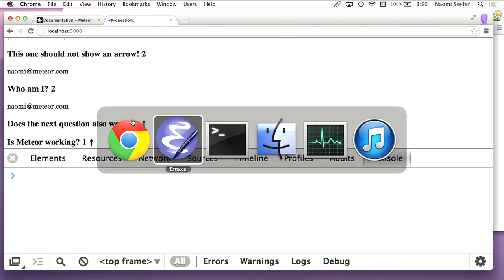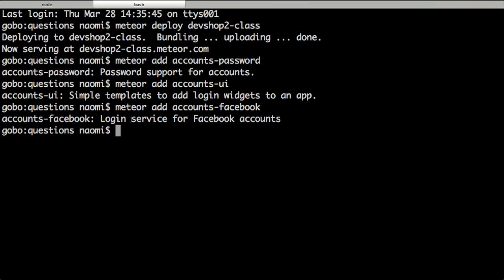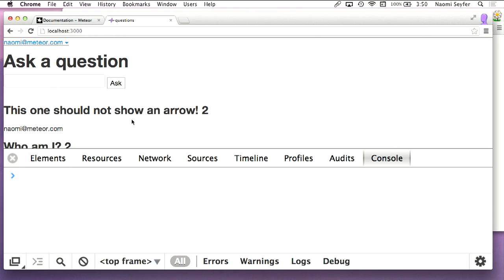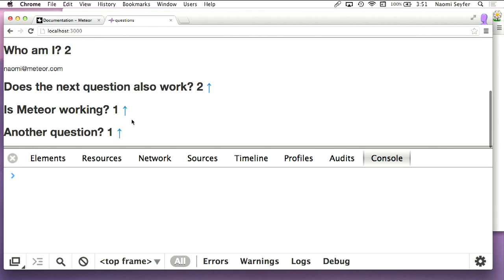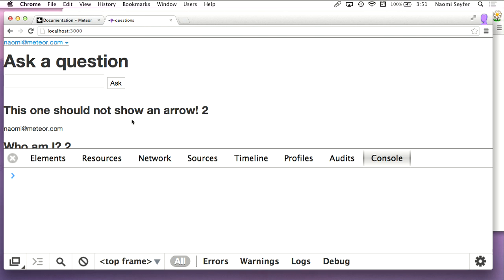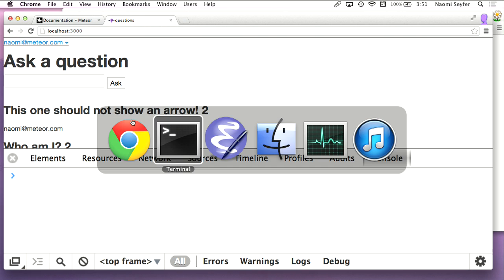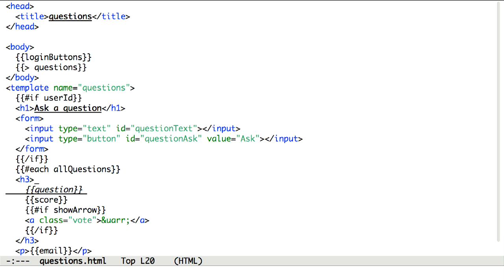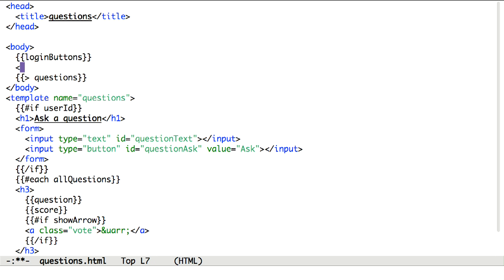Let's just show off a little bit of packages again. This adds the Twitter Bootstrap library. I didn't like that serif font anyway. Now I've added Bootstrap, and so all my fonts are different. It added all the Bootstrap CSS and JavaScript library to my application. And you can see that in the HTML, I could do something like